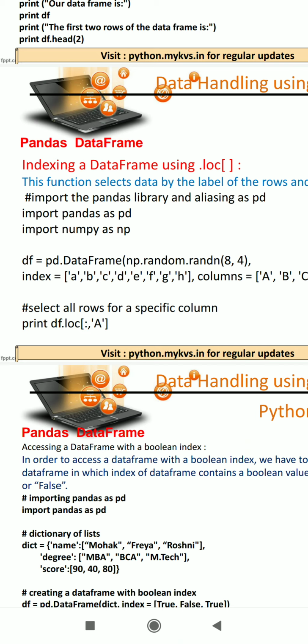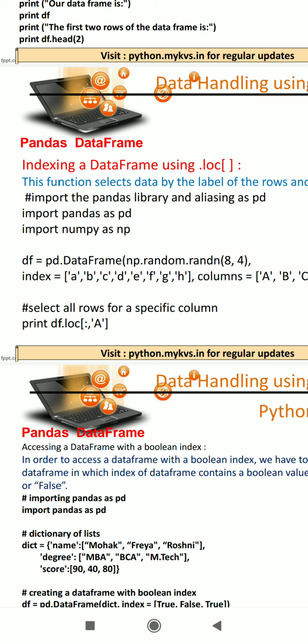Because we are not mentioning a label here, there can be two labels, before the colon sign and after the colon sign. Before the colon sign we mention the beginning, and after the colon sign the ending position. Because we are not mentioning them, it means all the labels.